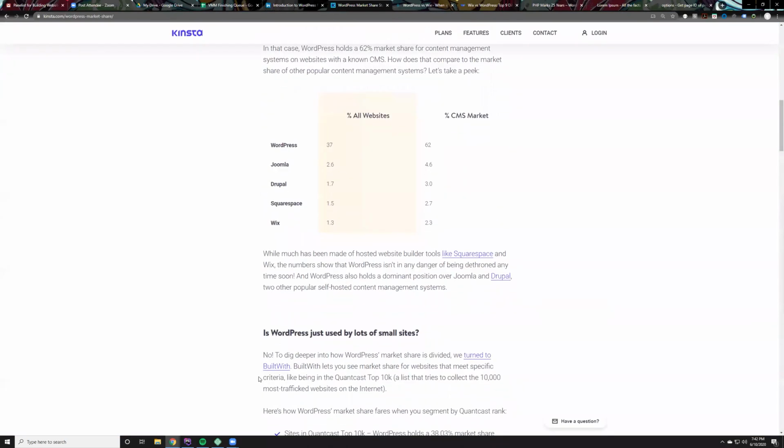So if we go down, you'll see that if you look at percentage of all websites and the percentage of the CMS market, 37% of all websites are WordPress. Drupal is down at 1.7%. So the difference is quite staggering. And when you just look at content management systems, 62% of websites on content management systems are WordPress, and only 3% are Drupal. So when I'm talking about the security aspects of it,